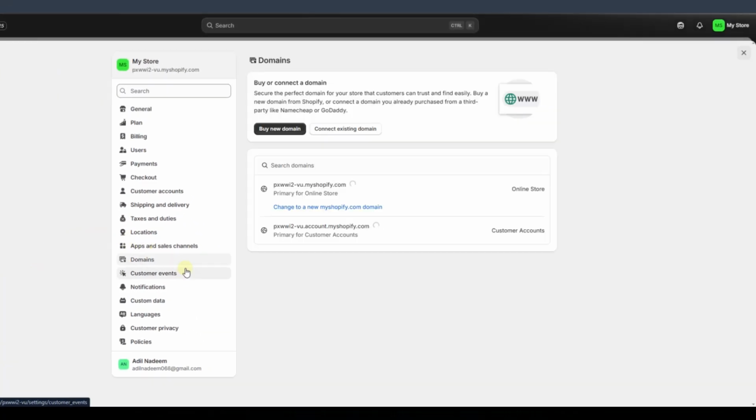The first thing we're going to need is to attach a domain to our Shopify store. We can buy a new domain or we can connect an existing one. If we have bought a domain from Hostinger or GoDaddy, simply click on this one. Otherwise, buy it directly from Shopify. Well, after that, the next thing we're going to do is